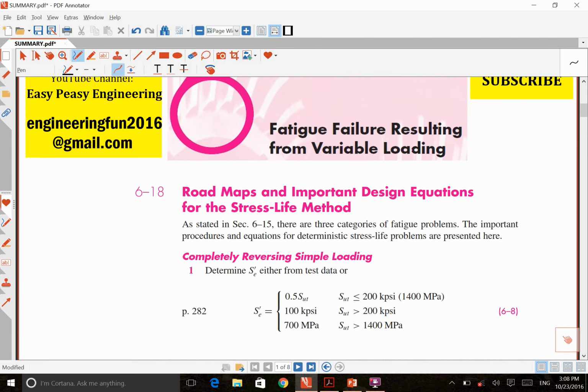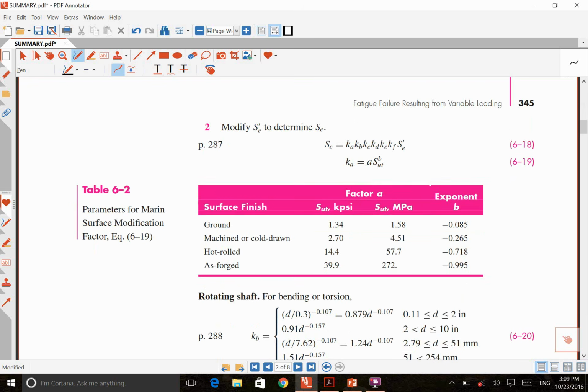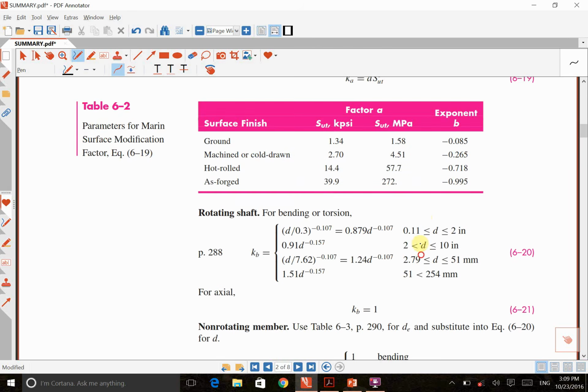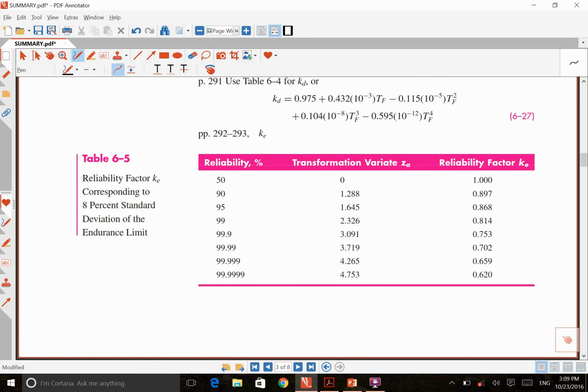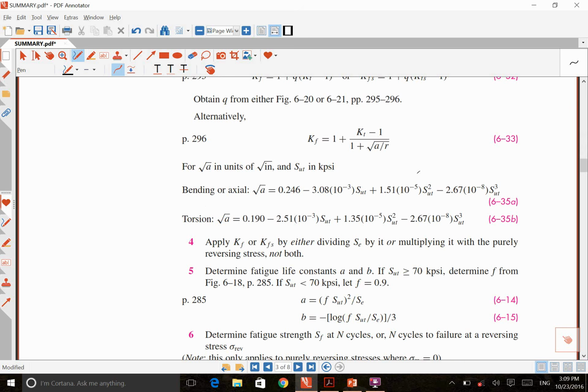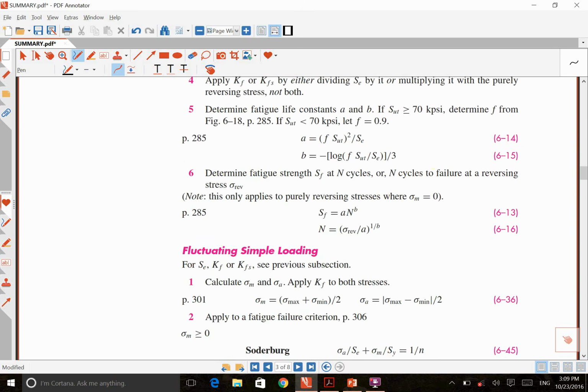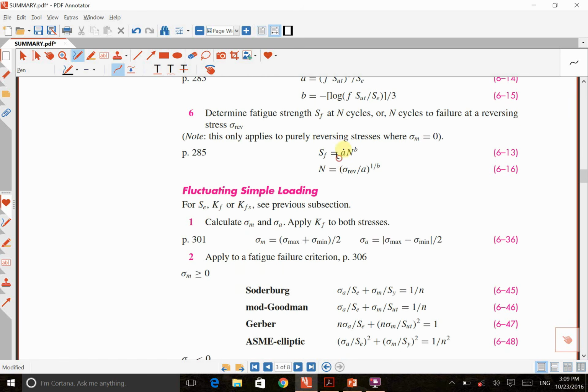Okay, so in part, this is a better review here. SA, SE, these Marin factors are shown here in these notes. What is Ka, what is Kb, Kc, Kd, how you can find that, we talked about that, how we can find Kf, what is square root of a, these equations, and we said that these a and b are different from a and b in Ka,